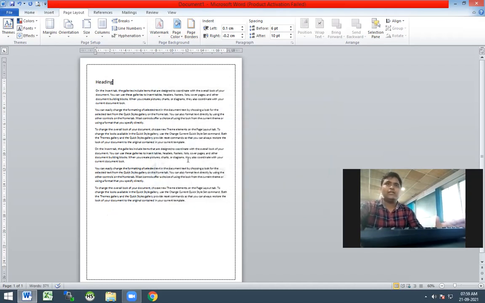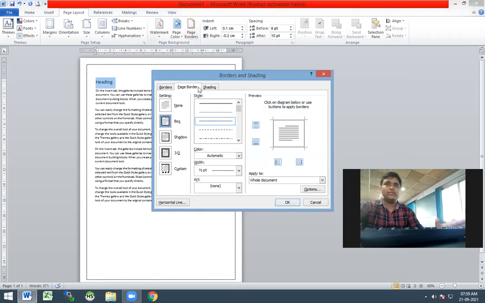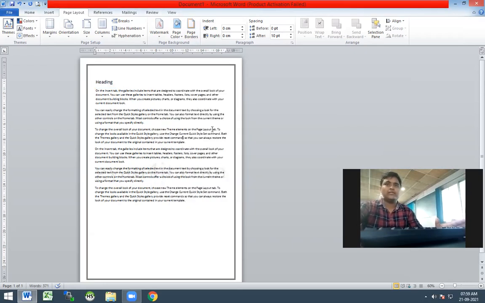So we can say that the page border feature applies over the selected area or without a selected area. Whenever you are not selecting any content on the document, it will apply for the whole document. And if you are selecting any set of data available in the document, then the border will be available over the selected area.